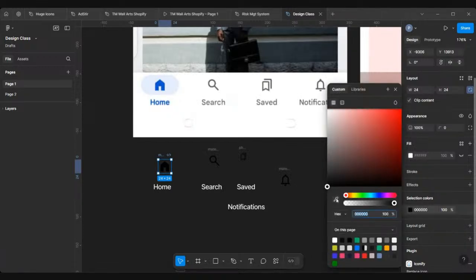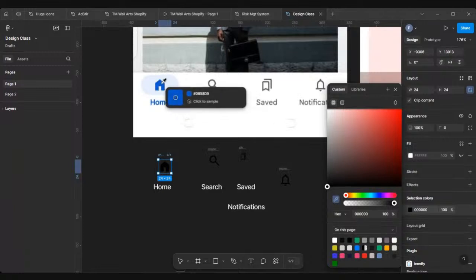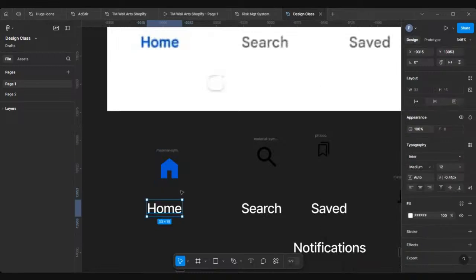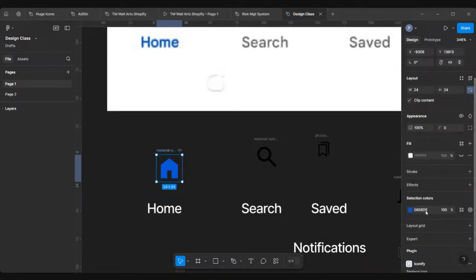Come to this thing. This is called the eyedropper tool. It helps you pick and copy colors. So while I'm selecting this, I'll click on the eyedropper tool, come over here, click on it, and I get that Google blue. Right, I'll do the same for this. No need, I can just select this one. Now I have the color code. I'll click on it, press Ctrl C to copy it,